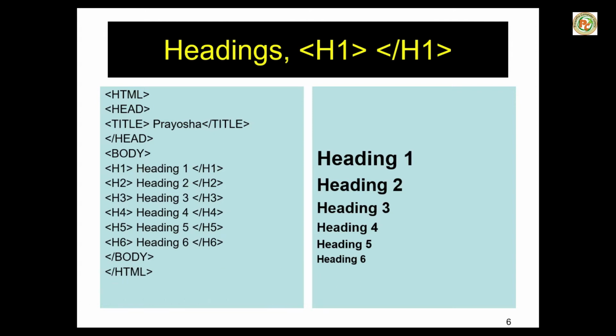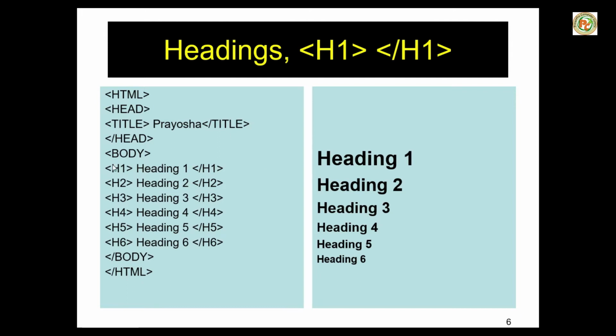There are 6 heading tags available in HTML. H1 is the highest heading tag. The smaller one is H2, then the smaller H3, then smaller H4, then smaller H5, and the smallest heading tag is H6. Now how to use heading tags? To use any heading tag we have to write h and then a specific number: 1, 2, 3, 4, 5 or 6. So h1 to h6, 6 heading tags are available in HTML.